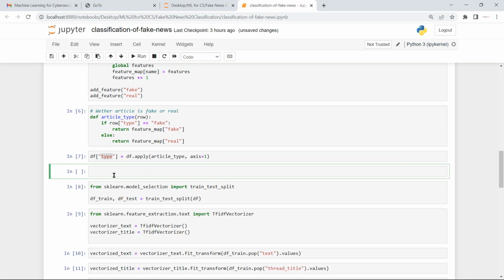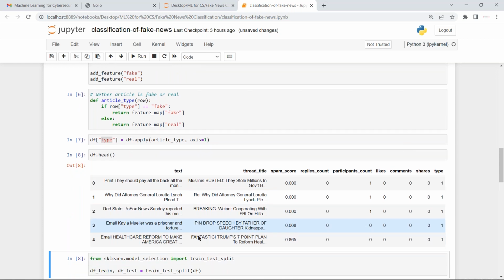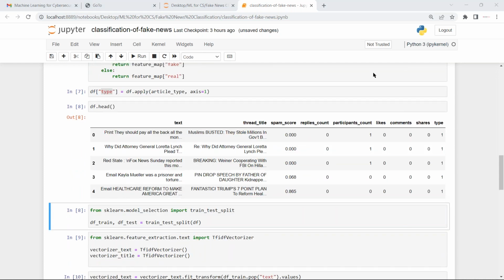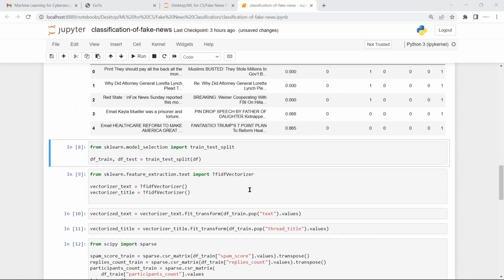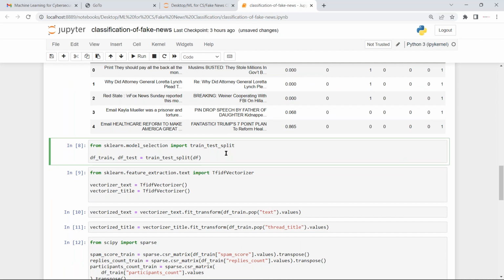The data frame dot head. Let's run this. Here you can see that at the end you will find the type column, with the fake and real labels, the fake and real news. You can find the text of the news and the title, like this. Now, after getting the input and output data, the main thing is to split the